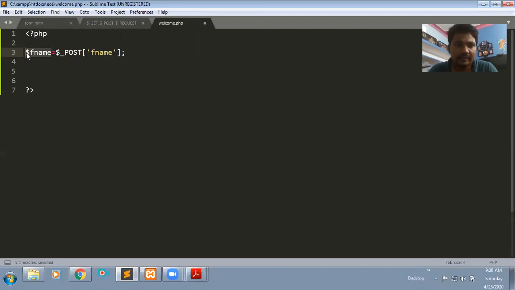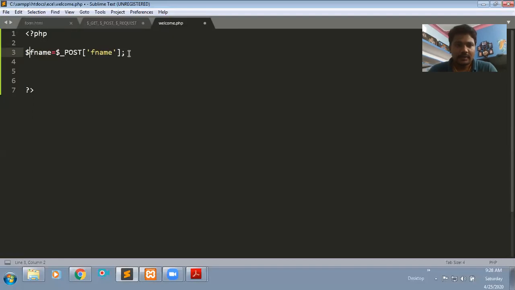This is the way to create a variable, right? Dollar is the symbol, and this is the variable name. Now I can use this fname in my future use. Whatever you want to do, you can do within the server page. For example, you can concatenate first name with the last name, or connect with your database and store that first name in the database. Once you read the data into your PHP file, you can do anything.